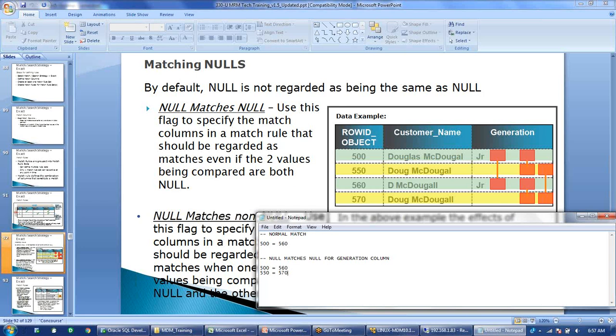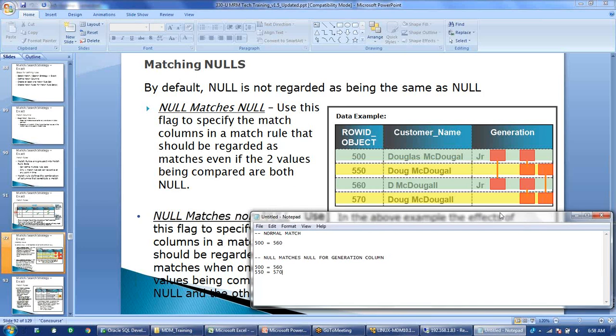If there are two customer records where first name and last name are matching and middle name is null for them, MDM will not consider them as a match. But because of this option, null matches null, it will allow the records to match. So that's the first option, null matches null.